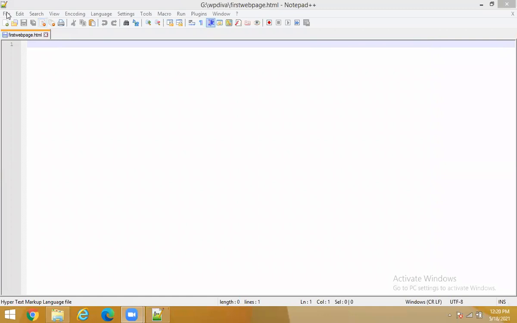Okay, see, this is the menu of your Notepad: file, edit, search, view, encoding, language, tools, macro, run, plugins, windows. All these are the different menus available in Notepad++.